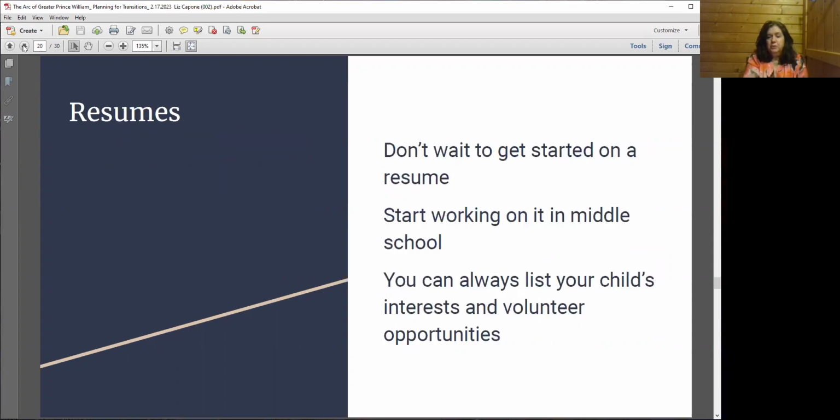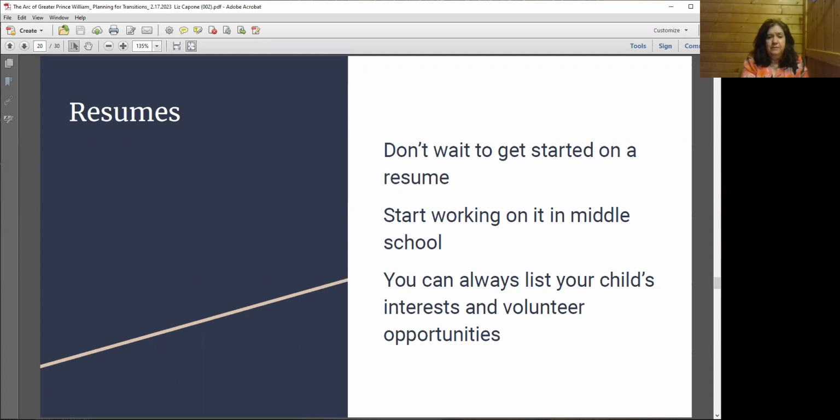Resumes. I've worked with middle school students and high school students on resumes, lots of students, obviously with and without disabilities. Resumes are something that's a mystery to them. And a lot of online applications don't require them. I don't want to say they're a dinosaur or anything, but definitely start working on one now. I didn't necessarily find one site that has examples, but give them credit